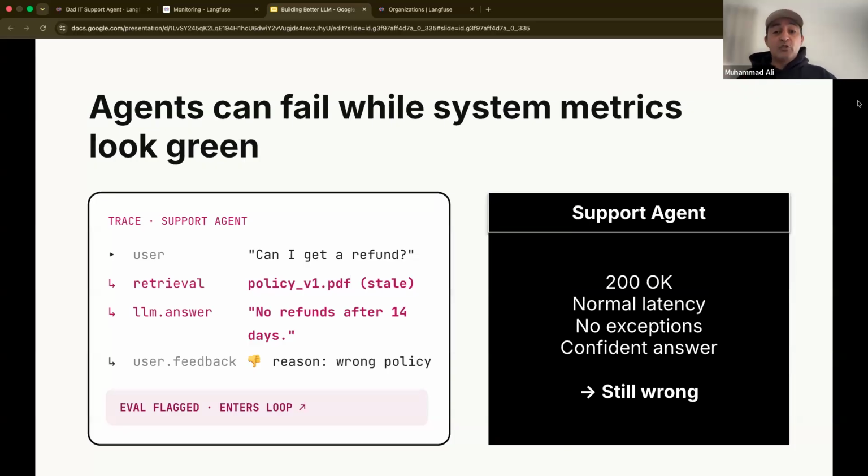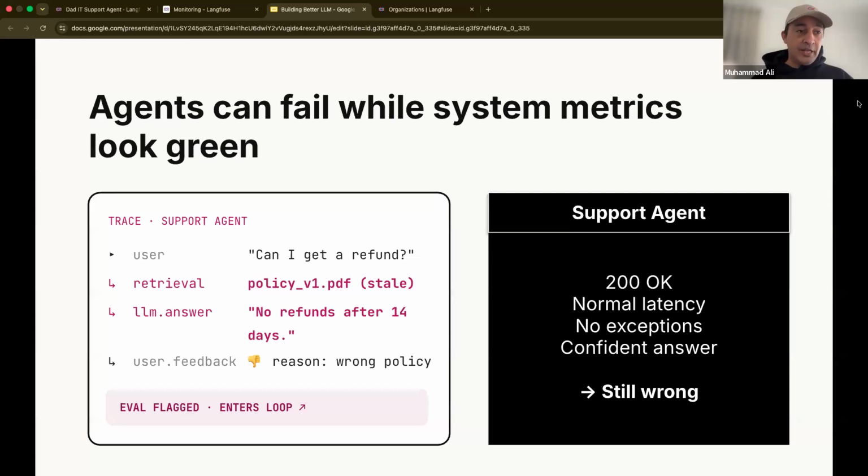One of the tools is retrieving the policy, and it ends up retrieving the stale policy and incorrectly answering some user's question. Now, if you have an incorrect answer, the user can flag that, and you can have that mechanism, or you have to have some other mechanism to evaluate whether this response was correct or not.